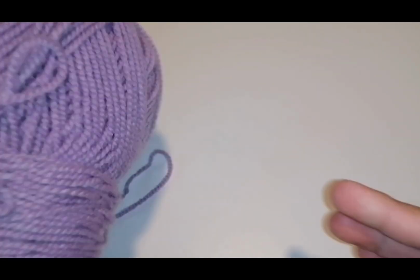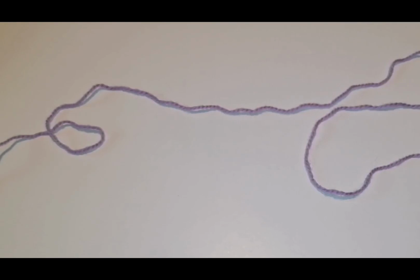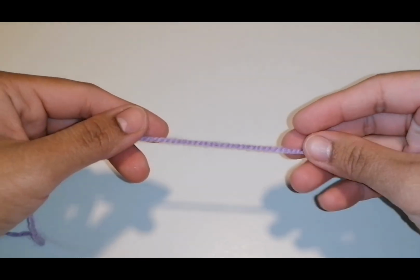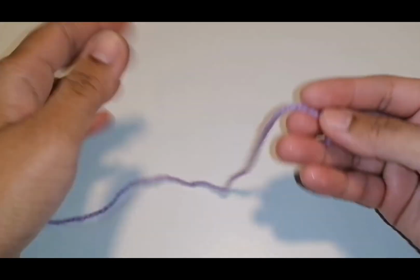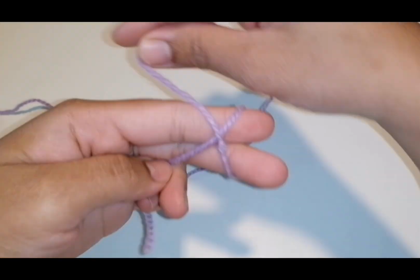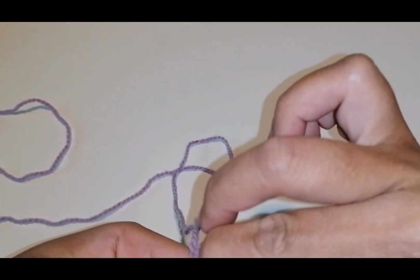Okay, so I normally pull the length of the yarn as long as possible, because I don't want my project to be so tight later, so it's more comfortable to crochet. So I'm going to show to you how to make a loop. Let's start by making a loop first. Okay, so like that,